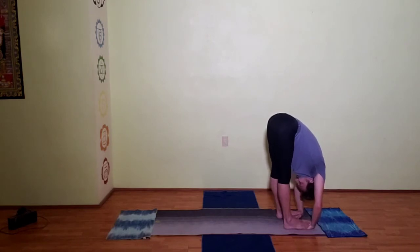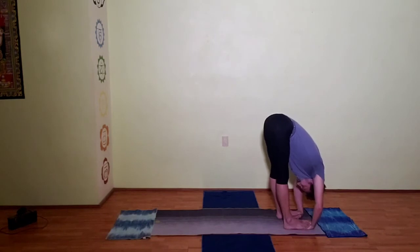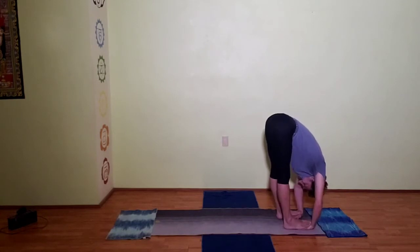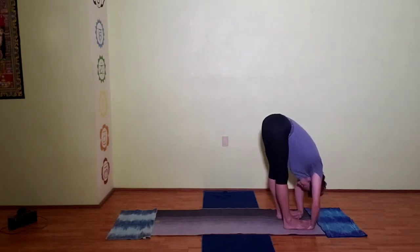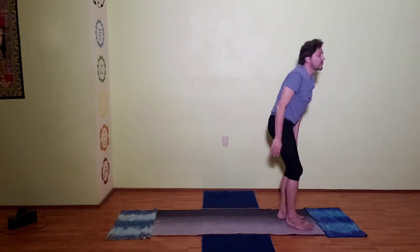And again, don't allow the sitting bones to come up. Ground the sitting bones. Pull down a little more. Concentrate on hamstrings and buttock stretch. Activate the bandhas. Continue breathing. And I'll show you what that looks like from the front. Release. So, from here,